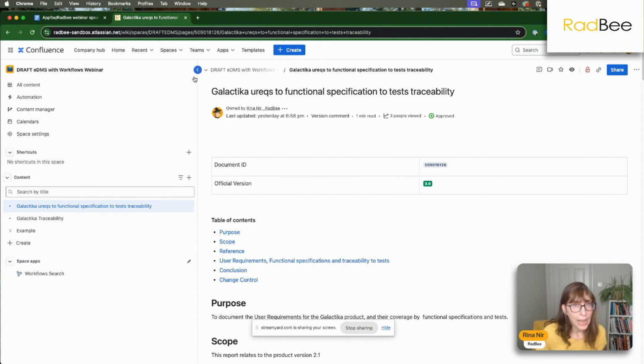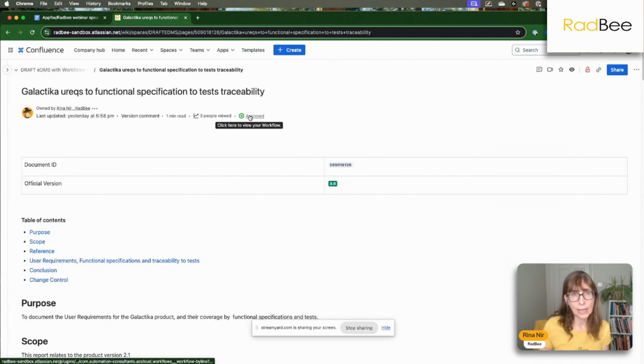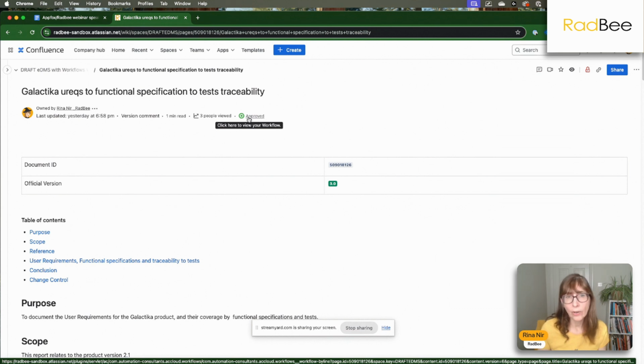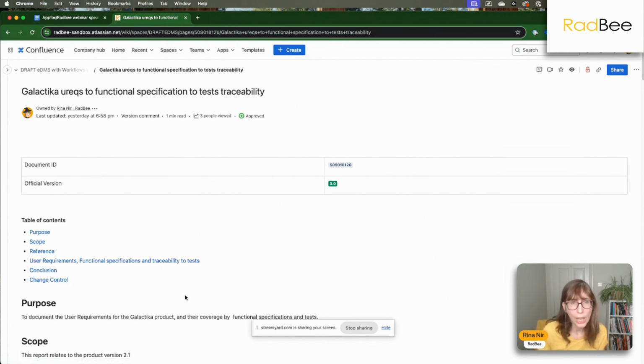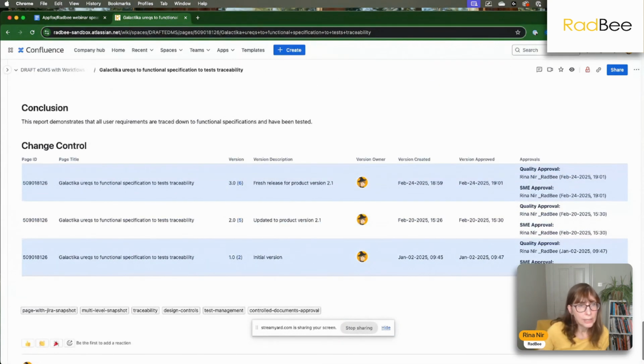This page has a workflow on it. The icon here says that this page is currently in the status of approved. So this specific version was approved. It's the official version number 3 of this document, and there is a unique document ID that was generated by the workflow app. If we scroll to the bottom of the page, we will see the change